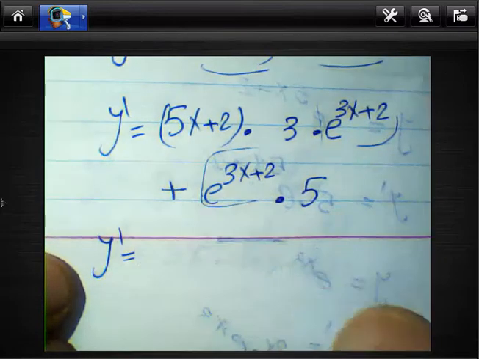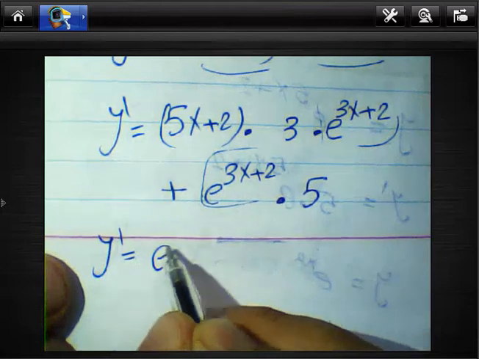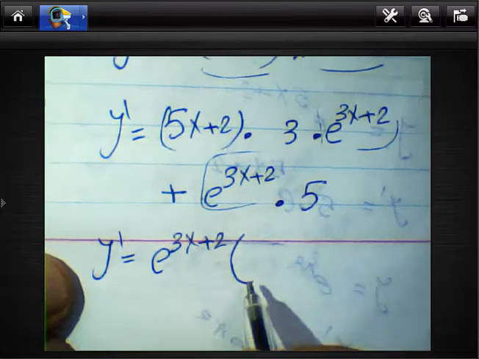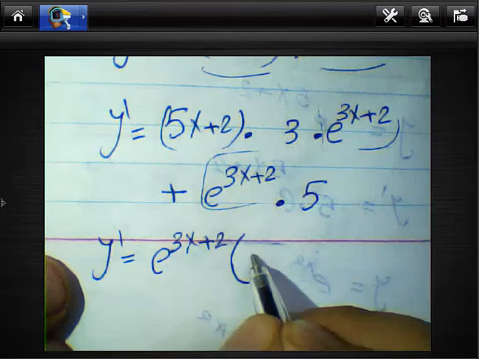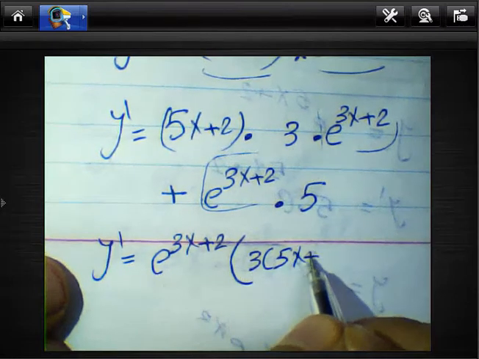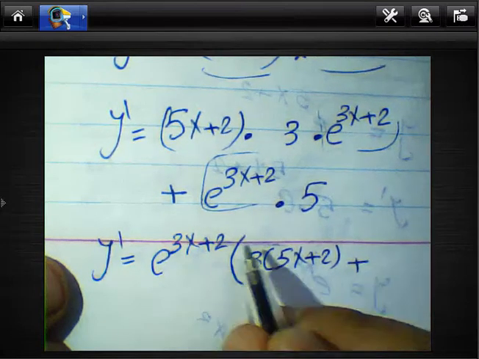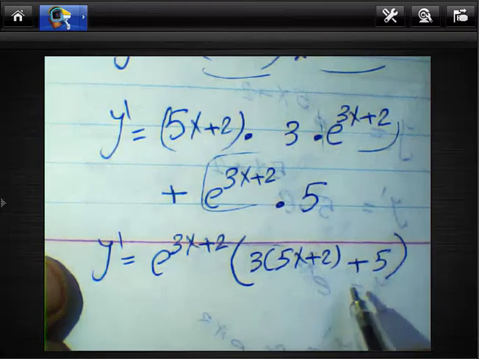And we can write the result: e power 3x plus 2, we can write it outside as a coefficient between two terms. We have two terms here. We can write e power 3x plus 2 outside, and the result will be 3 multiplied by 5x plus 2 in the first term, plus the second will be 5. Okay,